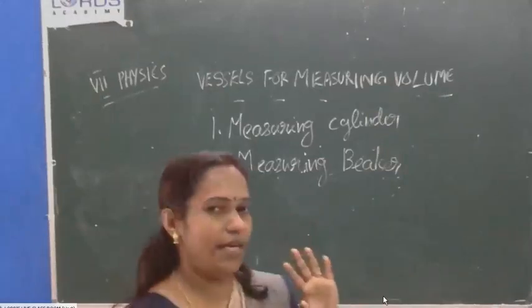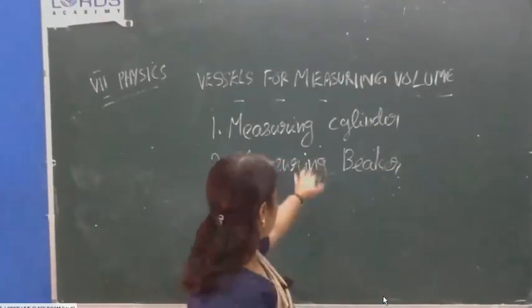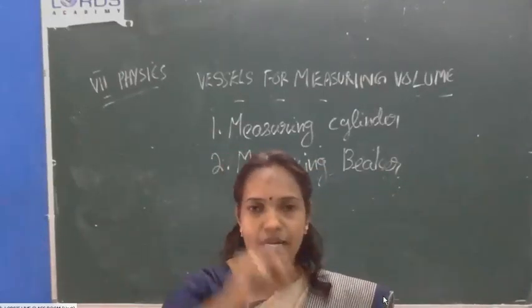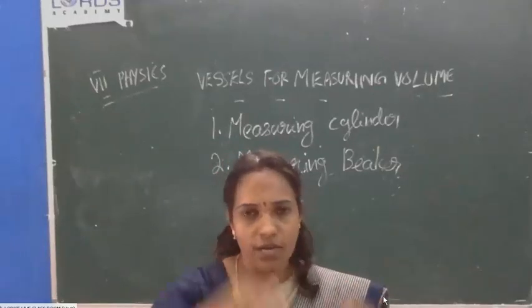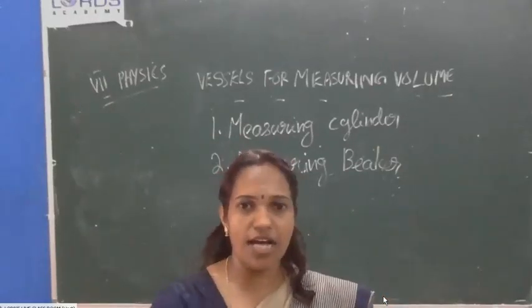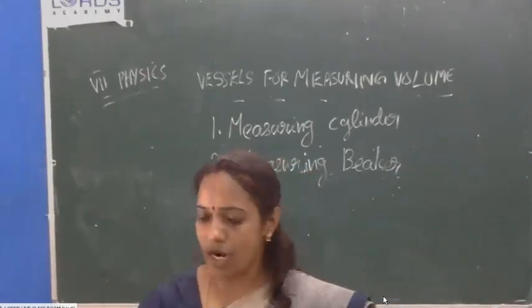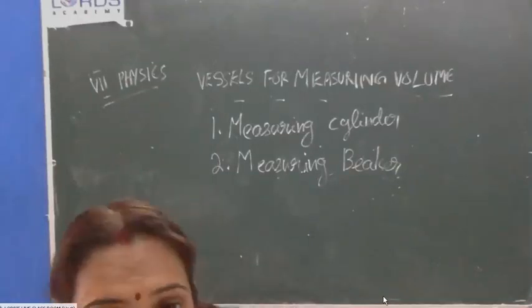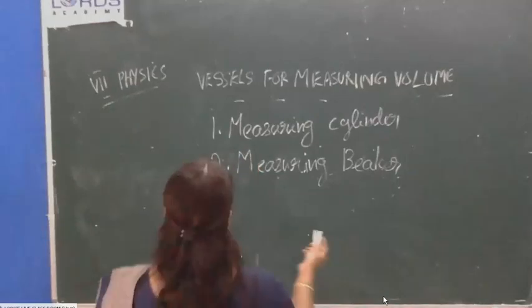So measuring beaker. Like we studied in 7th grade, here you only have to study the diagrams. No need of explanation. Diagrams you should know. Explanation, no need. Like that it is made of glass, no need to learn by heart. One more thing is there, Eureka can. That you didn't study in 7th grade. But actually I also don't have it to demonstrate.